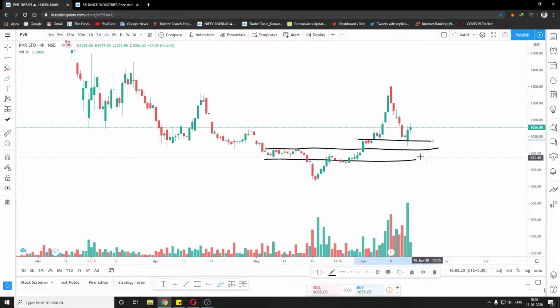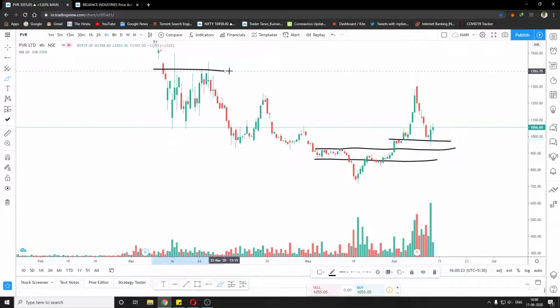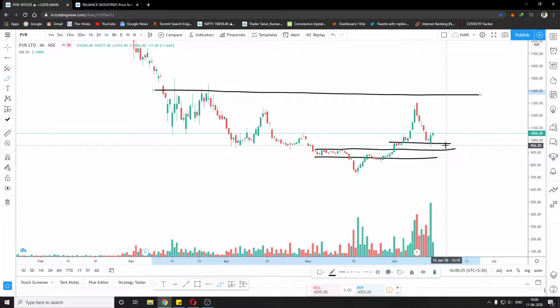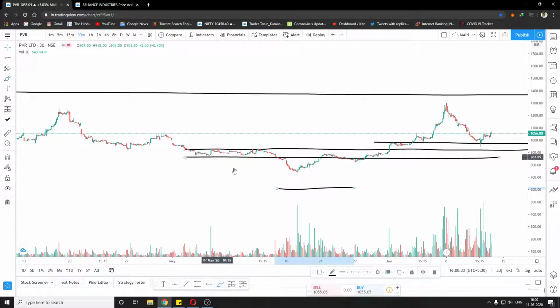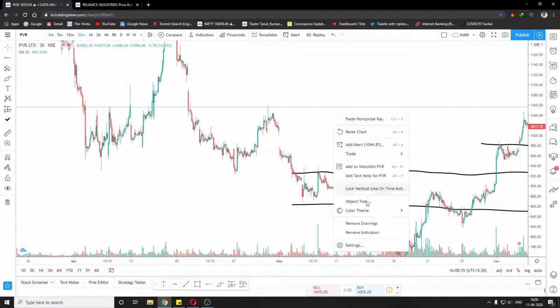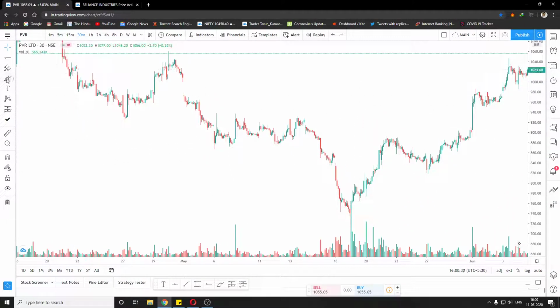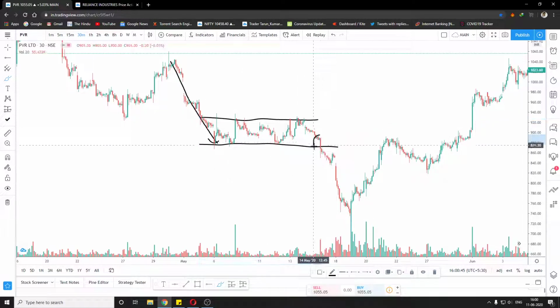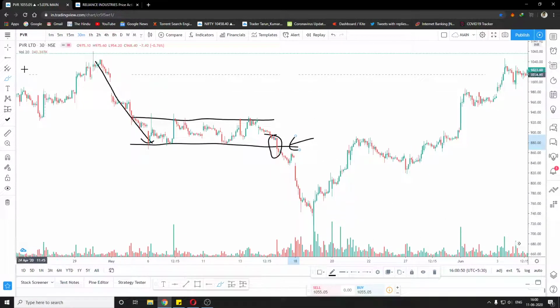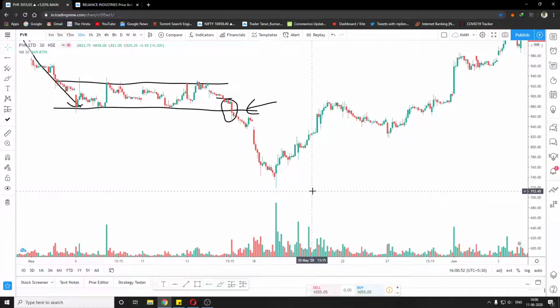Now to enter a buy, we have to wait. We have to wait for this level. Then only we can buy at the daily time frame. Smaller time frame trades work in a similar way. For example, this is a downtrend. Then we have a support here and a resistance there, and then we get a breakdown and we enter short. So the principle is the same. It works the same with the daily candles and with the 30-minute candles.